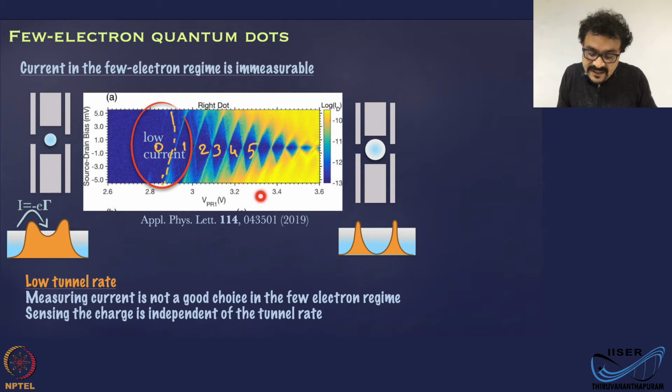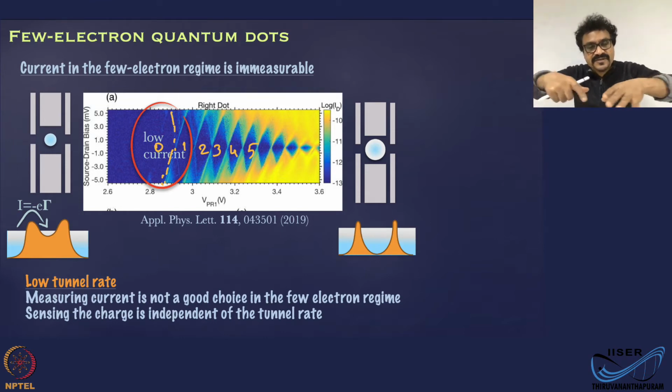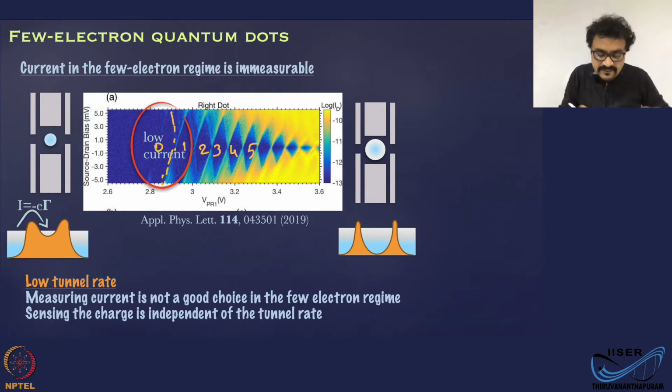And when you made the gates negative, you actually made the dot smaller, and you can see that now the tunnel barriers are thicker, because you have a lot more negative voltage. To make the dot smaller, you have to basically increase the negative voltage, so the field is going to creep inside more and more, and you have a much broader tunnel barrier. So you have a very thin tunnel barrier here, whereas you have a thick tunnel barrier here when you reach the few electron regime, or close to the dot being empty.